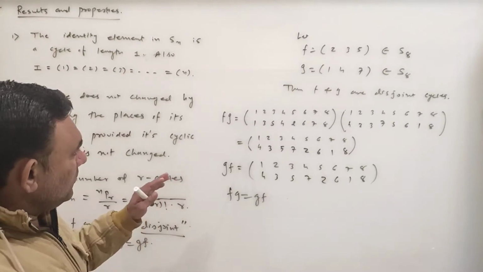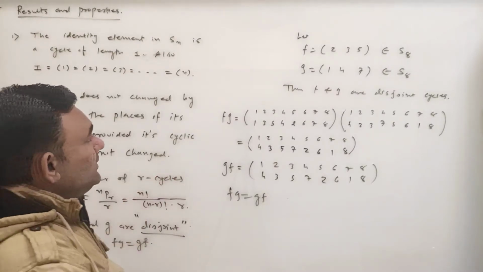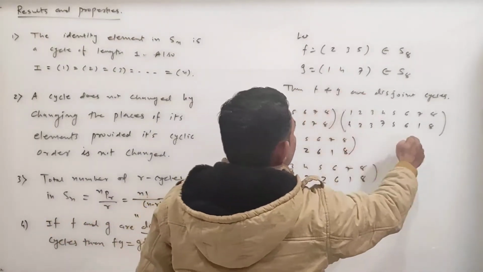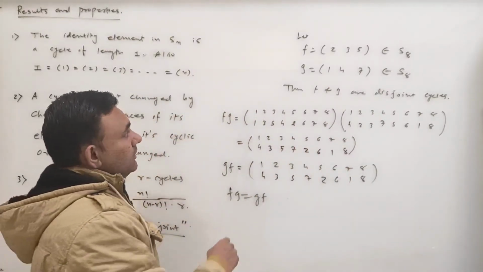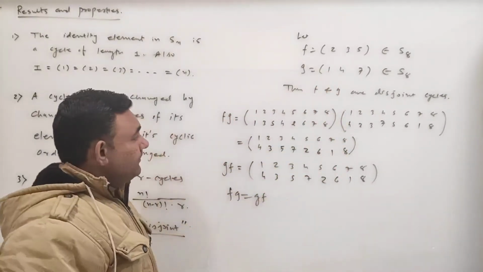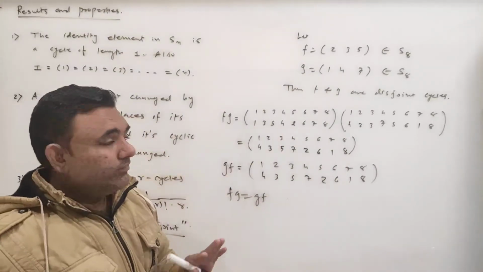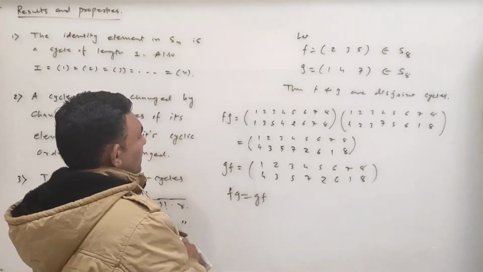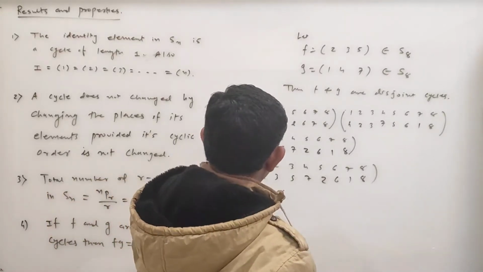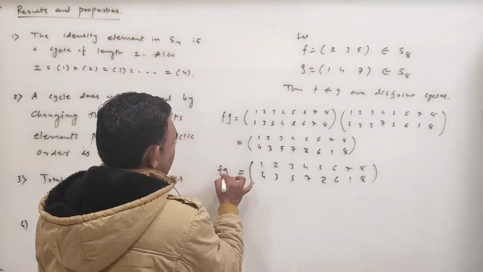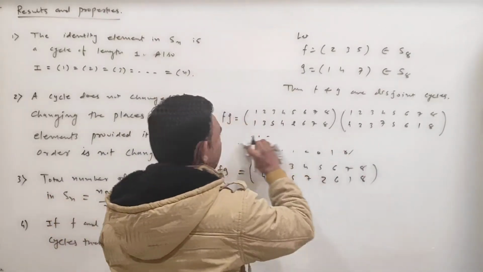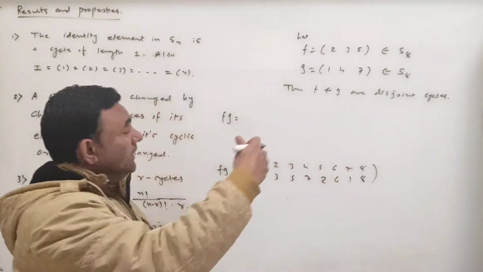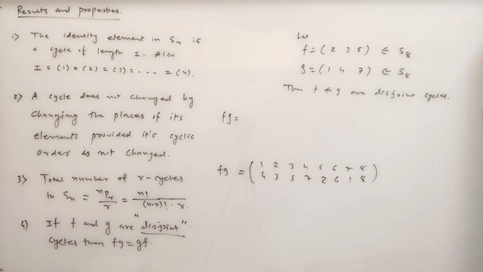And one more thing we have to learn. Just now we had to compute FG, so we wrote F this way, G we wrote like this, then we computed it. But now I have F and G in cycle form, so I do not need to write like this. We can compute directly. So how we can compute directly, let us see. This is my FG, right? This is my FG, both are same, so this is my FG. So let me keep this for record only, and let us see how we can compute without expressing in this larger form.